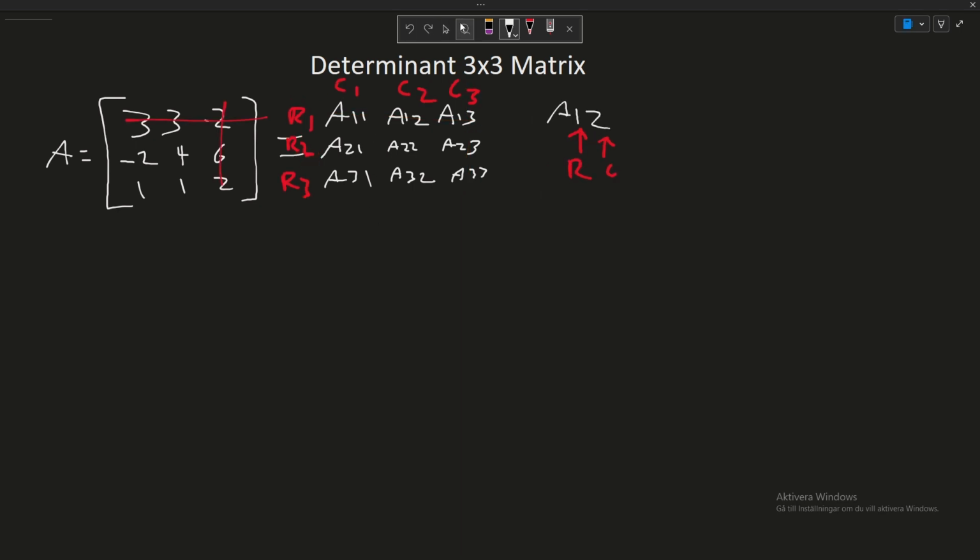Okay, now we're gonna solve the example here. So we're gonna use row 1, column 1 and row 1, and we're left with this number. Since this is the number we take, we have 3, and then we're left with the 2 by 2 matrix, which is these 4 numbers here. And then you will subtract,